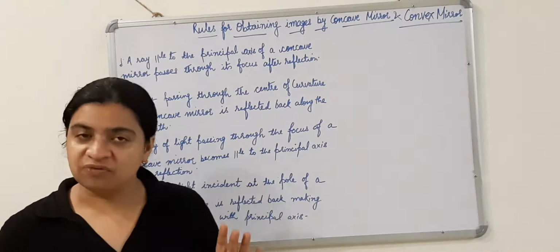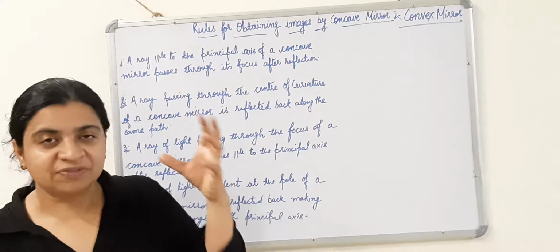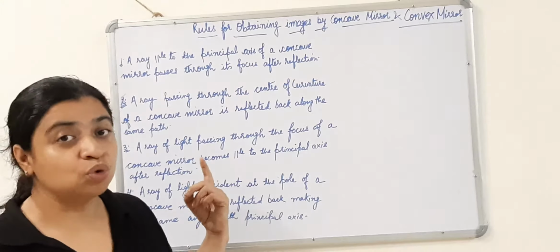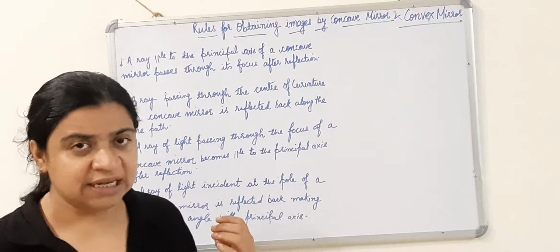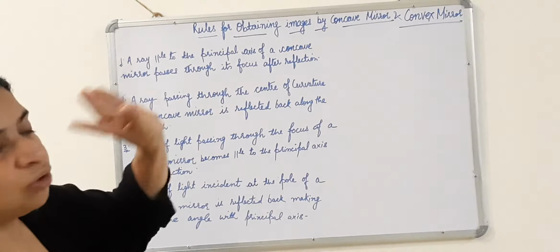First I will talk about all the rules. Rules are the same for concave as well as convex mirror, but the drawing is a little different, which I am going to show you. So first rule: to obtain the image, the rule says if any ray of light which is coming parallel to the principal axis, we are going to talk about the concave mirror. One more thing, children, before I proceed: always when you draw a ray diagram, you have to keep your mirror on the right hand side and your object should always be on the left hand side. You have to keep this in your mind, okay?